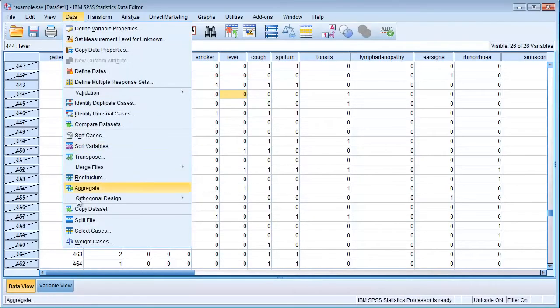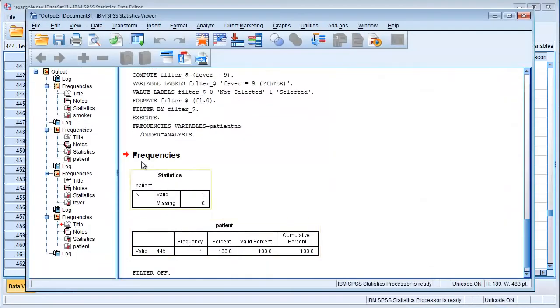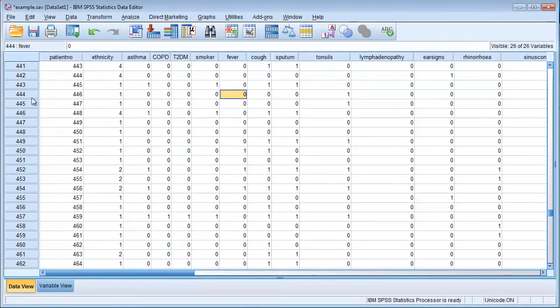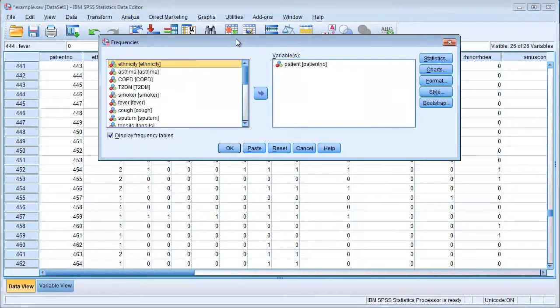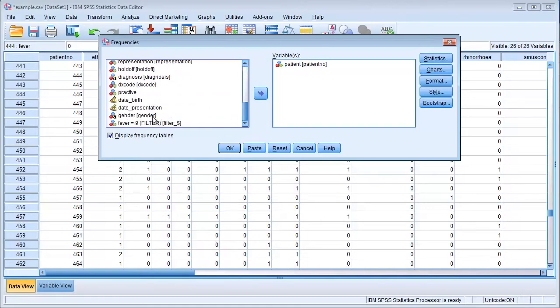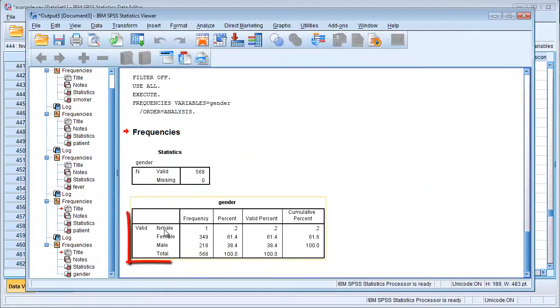So let's go back, select cases, and again select all cases. So now we can see all cases are selected, no filter on. And let's proceed to the next variable. Analyze, descriptive statistics, frequencies, and let's go for gender. And remove patient ID. Click OK, and you can see that we have one female